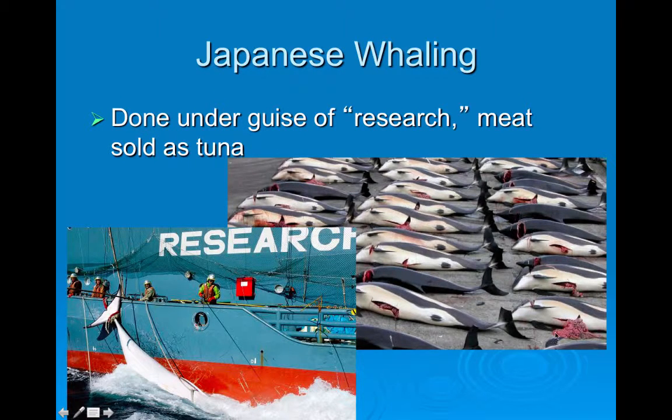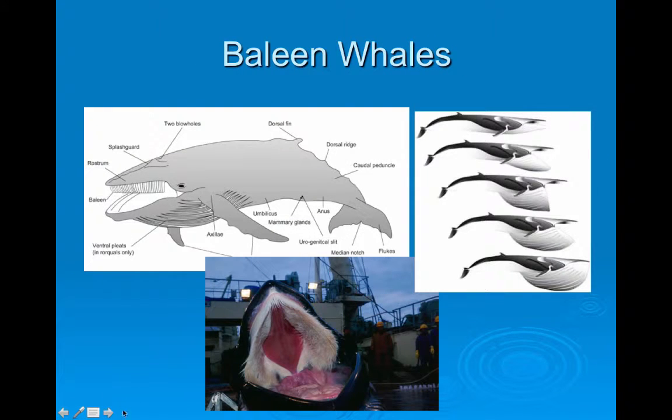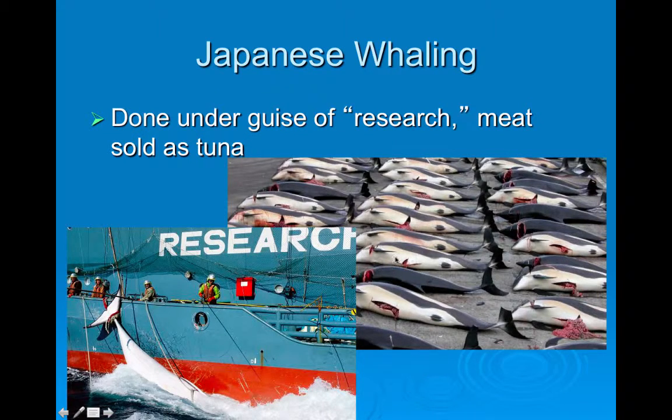Now, sorry this is a little graphic, but it is what it is. This has to do with the capture of baleen whales, which you can see that this one has been harvested, and then also these are toothed whales. These are called minke whales. The international community has banned the harvesting of whales except for 2 countries, and that would be Japan and I think Norway. Don't quote me on that, I'll check and find out, but definitely Japan.